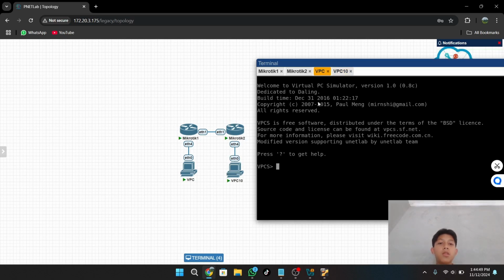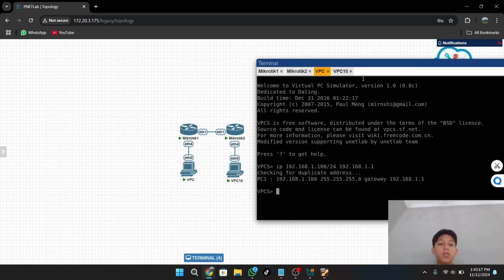For VPC 1, you can type the IP 192.168.1.100, the prefix is /24, and the gateway is 192.168.1.1, and enter.